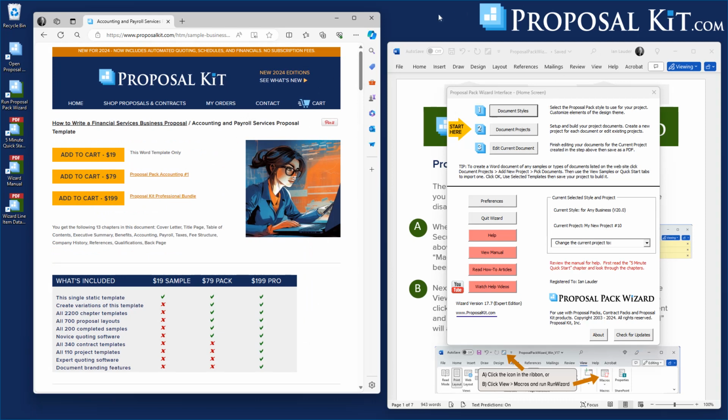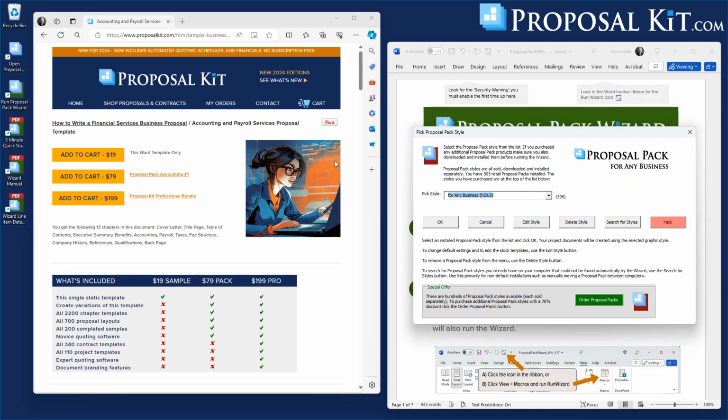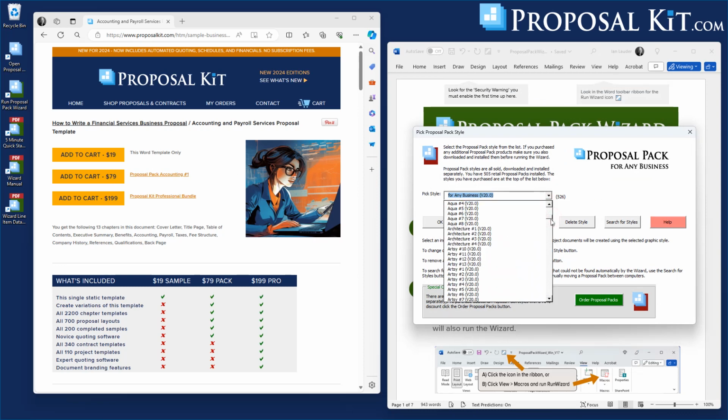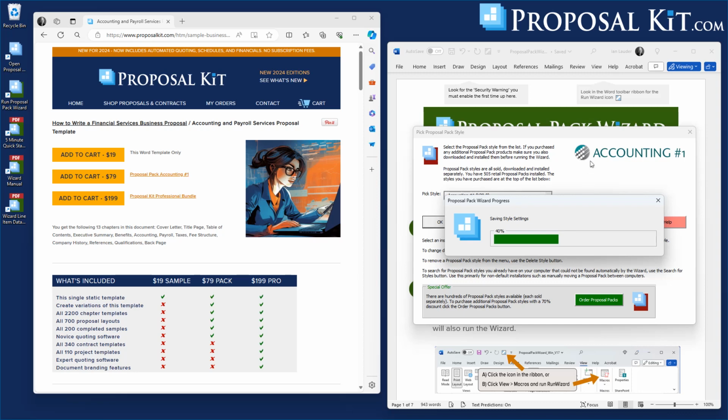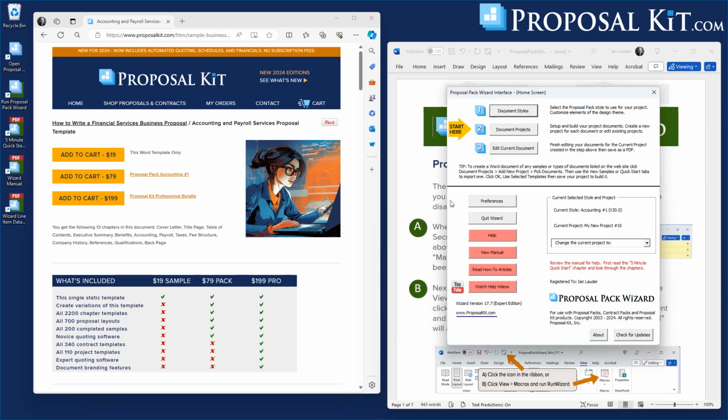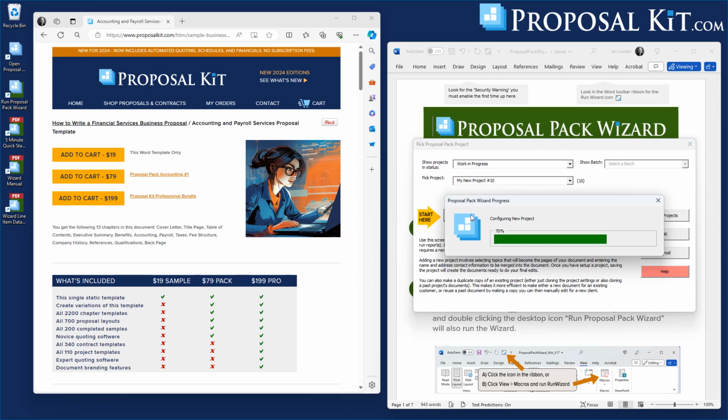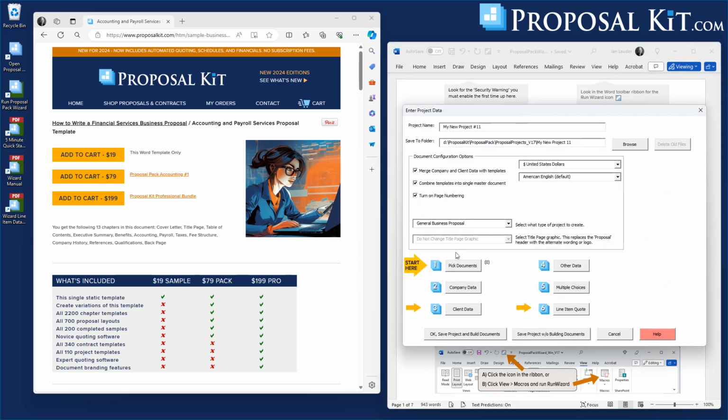So now that you've got the software installed, this is the Proposal Pack Wizard home screen. In this case, say you purchased this accounting number one design theme. That design theme will be set as your default style. So whichever one design theme you purchase, that's the one that's going to be set up in the wizard. So what you do is you just click the Document Projects button, click Add New Project, click the Pick Documents button,